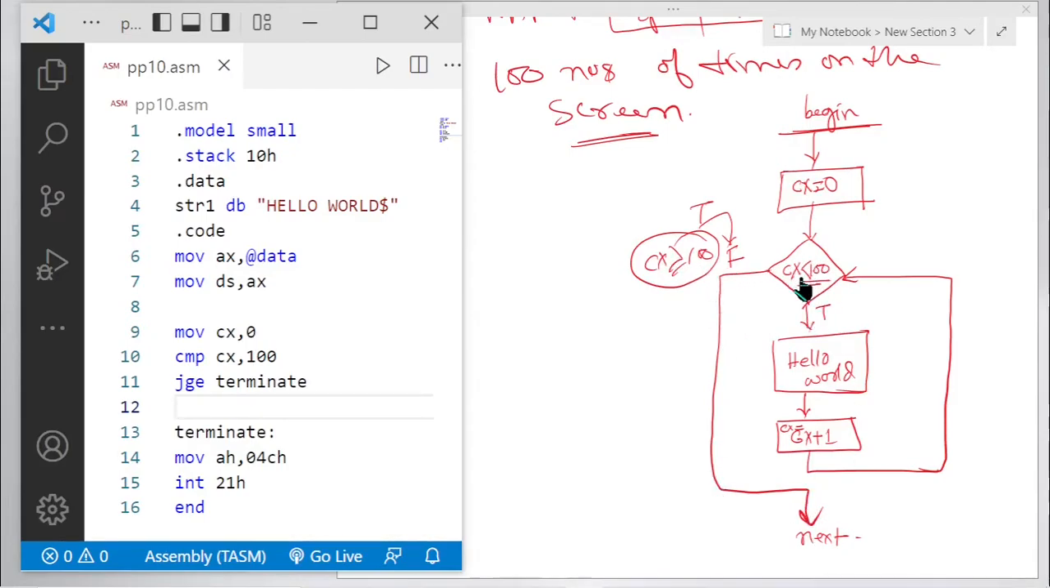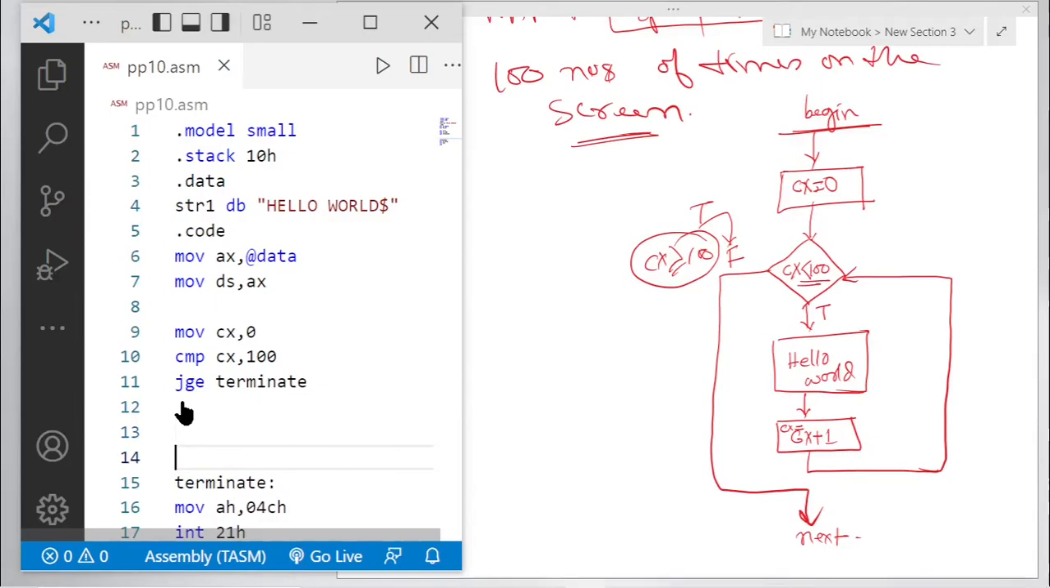But if this condition is not false, it means this condition is true. I mean, this condition is false this time. It means if this condition is false, then it will be skipped, and by default, the control will flow to the next instruction here. Okay, so what we want to do is, here actually we want to,